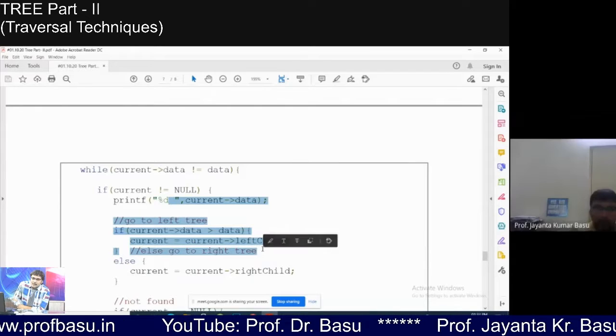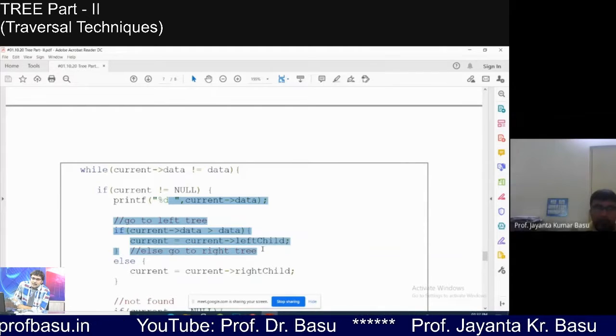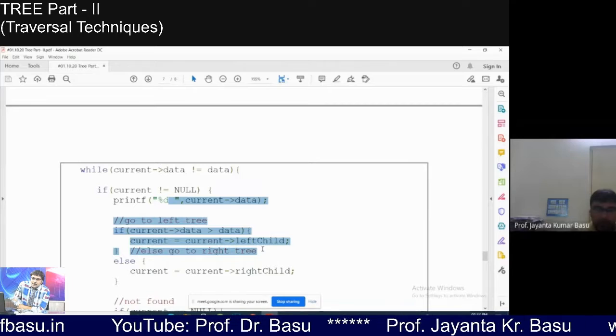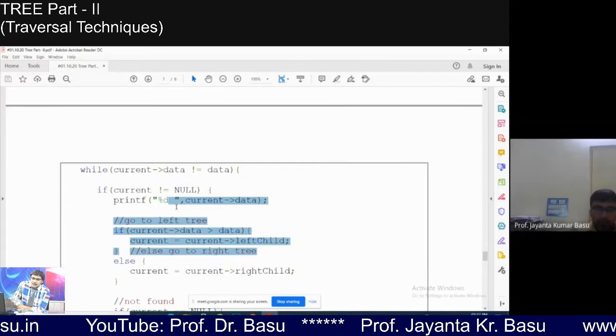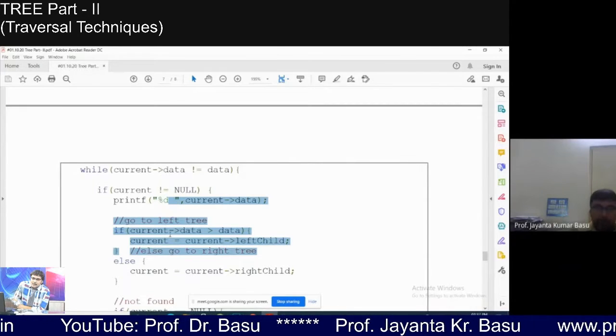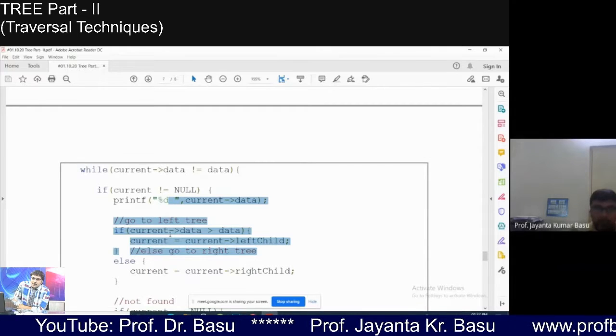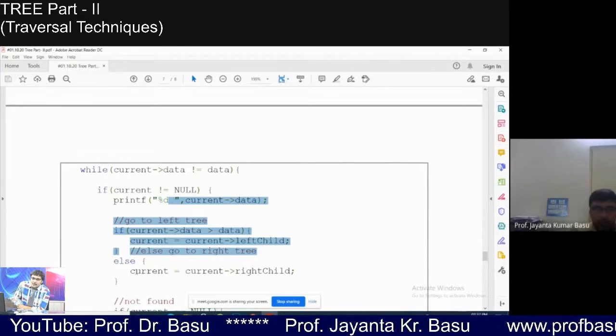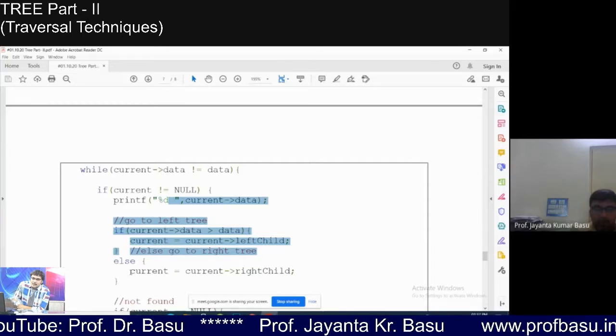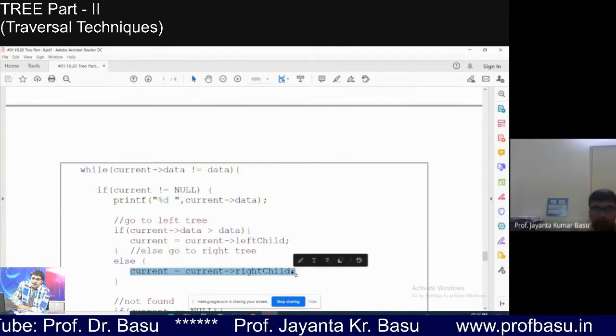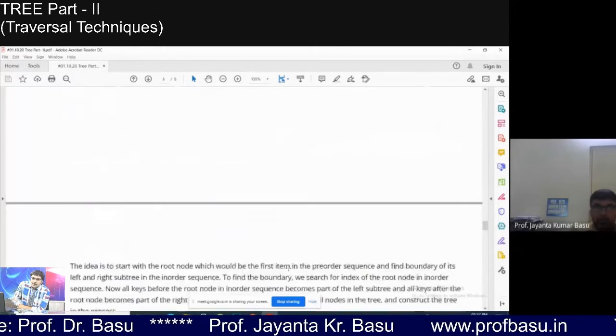Current not equal to null means the tree is there, the tree has formed. Maybe the tree has no left subtree, got it? Then the right subtree will be there, and we have to check the right part as well.